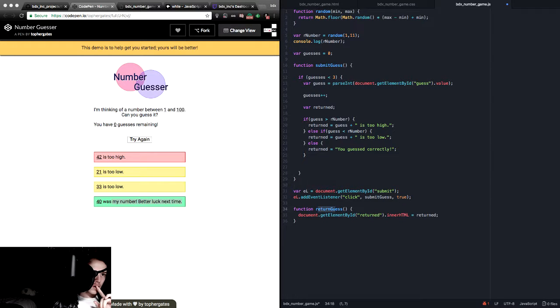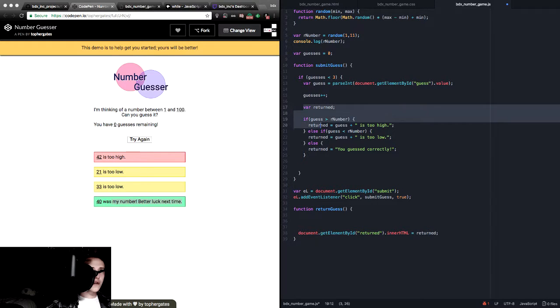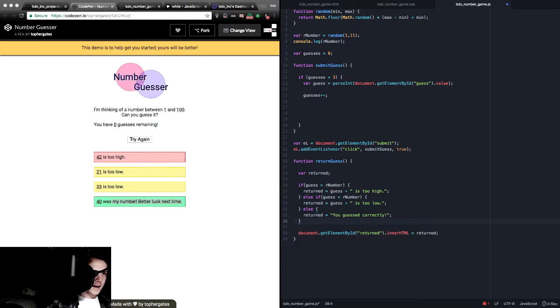So we'll have at least that, and processing all of it would happen here. So we'd also want returned, because that's what we're looking for, equals returned. So we'd want all of this as well. Cut that. Yeah. Returned guess, variable returned, if guess up here